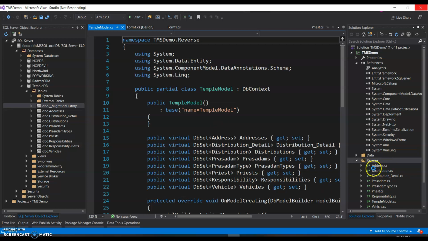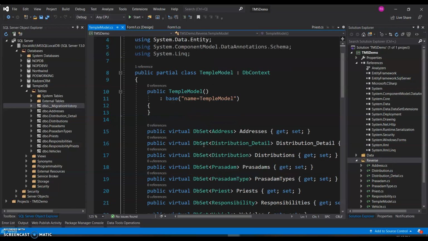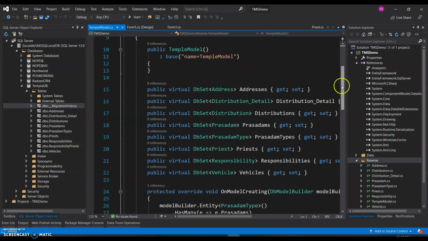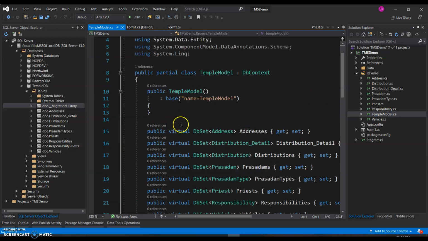And we can already see that the entities in the reverse folder have been added, and the model has been created just like what we had done. We have all the entities here, and instead of having a context, it's just gone ahead and created it as model. If you want, you can go ahead and rename it as TempleDB context or our app context or anything. Nothing would stop you from renaming it.